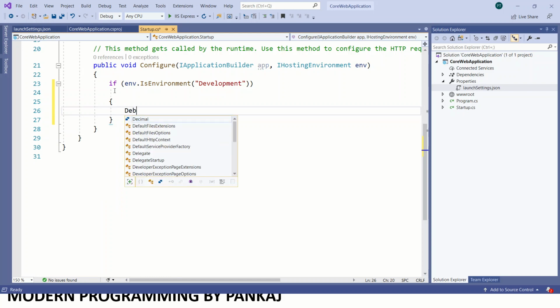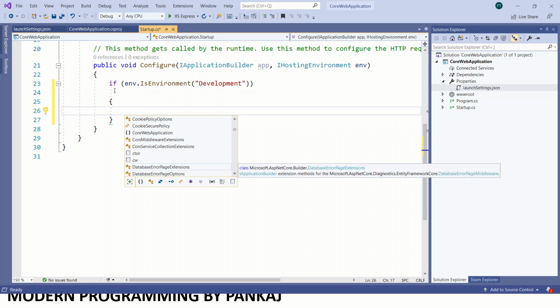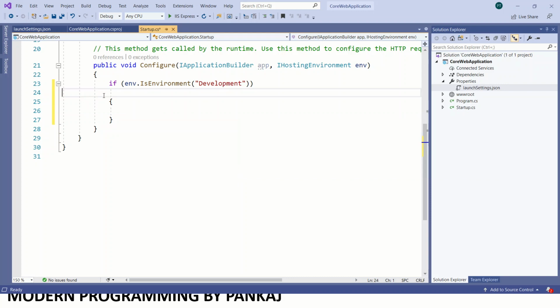I'll just write Debug.WriteLine or something. We'll write the required code here. We can write whatever code is required, as per requirement.